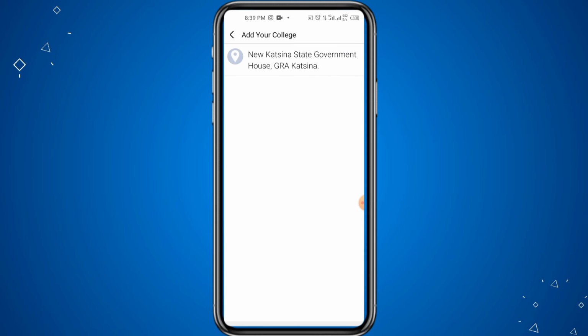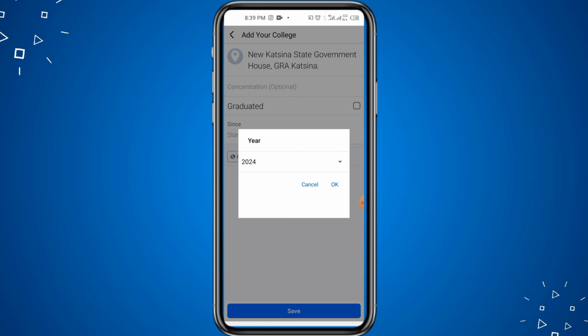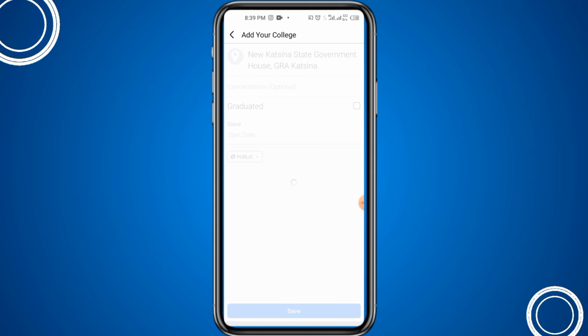After typing the name, click on the save icon at the bottom. Here you can see, in this way you can add the name of your college or school in your Facebook